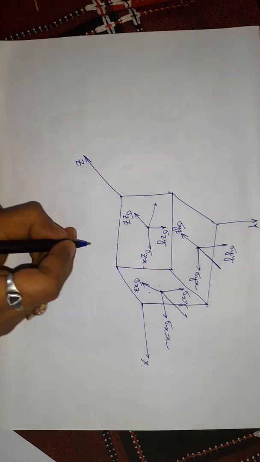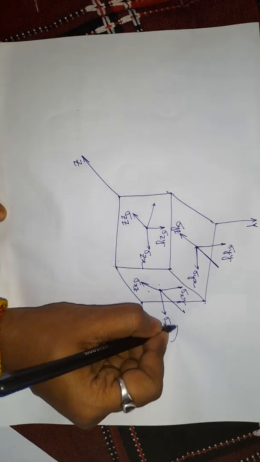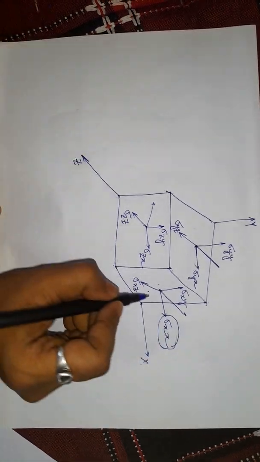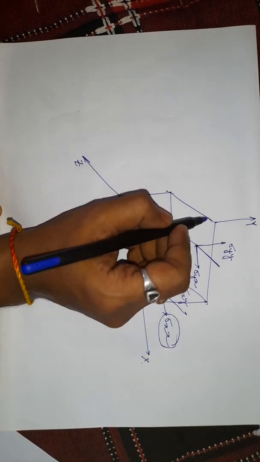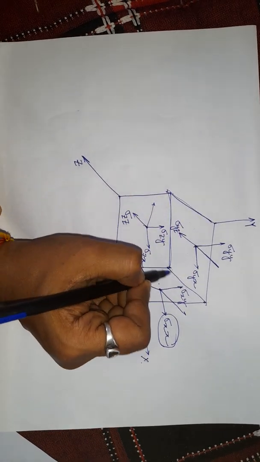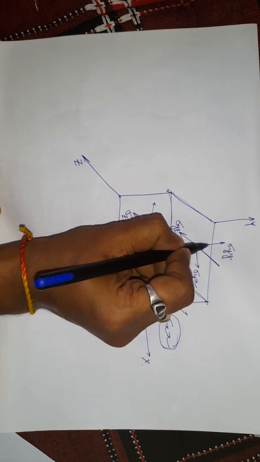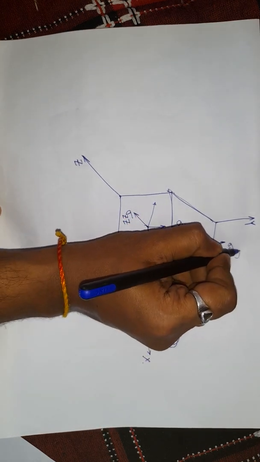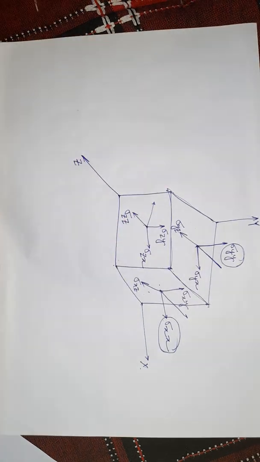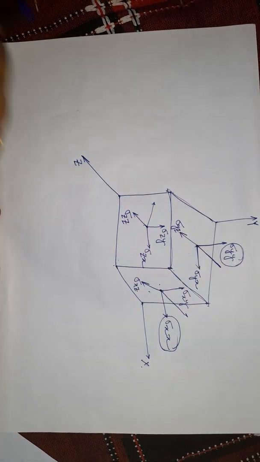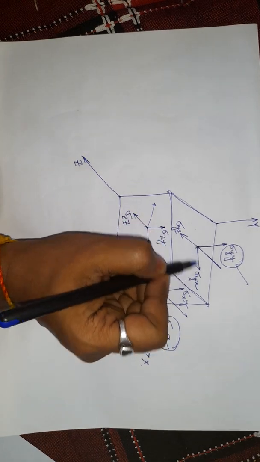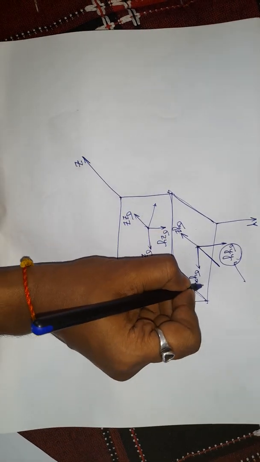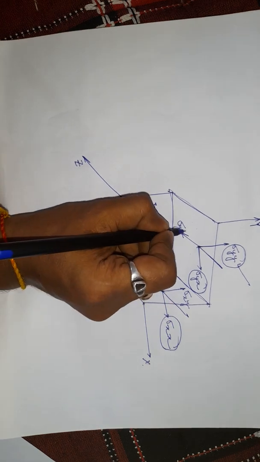So now you see this sigma yy, this is acting along the normal. Consider this particular plane. On this plane, what is the normal direction? This one. And what is the stress associated with it? Sigma yy. This is along the normal direction, so that's why it is called the normal stress. And the other two are along the tangential direction, so that's why these are called the shear stresses.